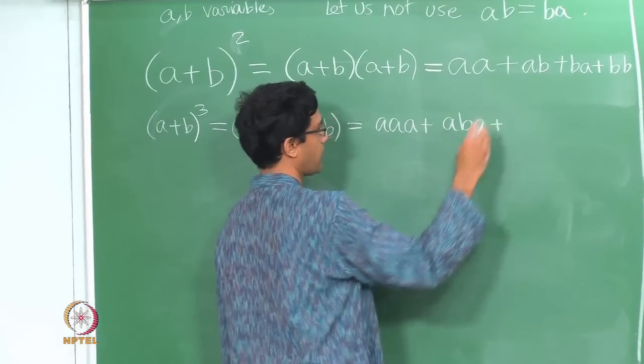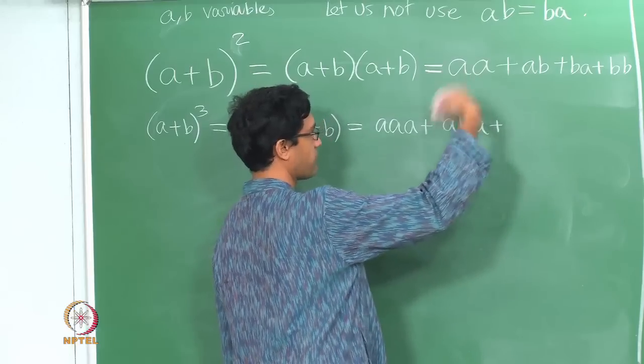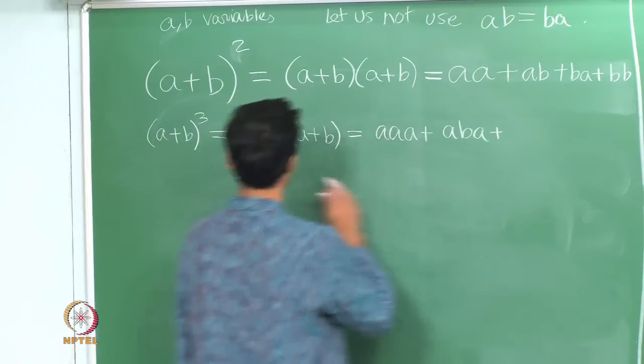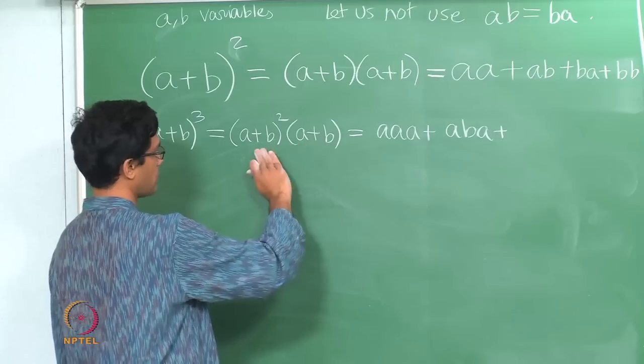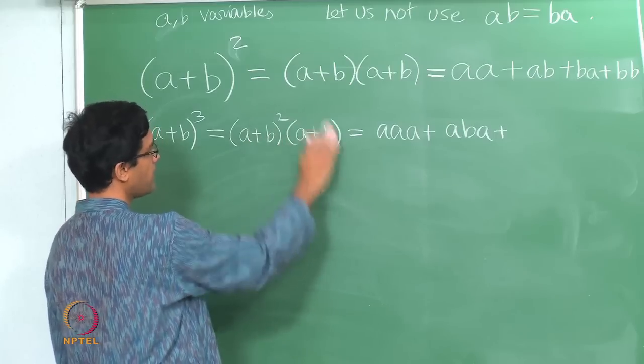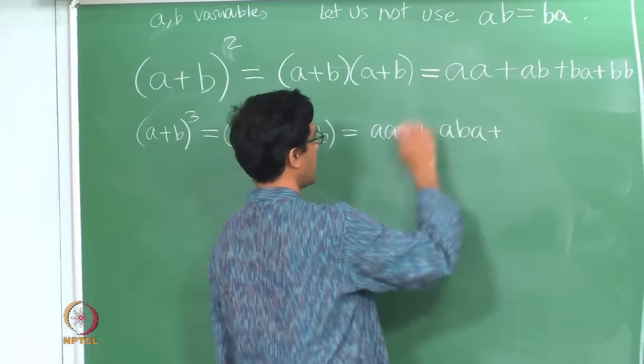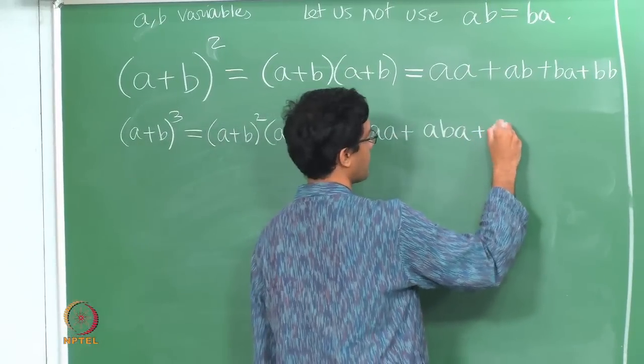So again, if you want to compute (a+b)^3, it's (a+b)^2 further multiplied by (a+b). I know what (a+b)^2 looks like. To that I need to attach an a on the right and a b on the right and add them up. So it's AAA, ABA, BAA,